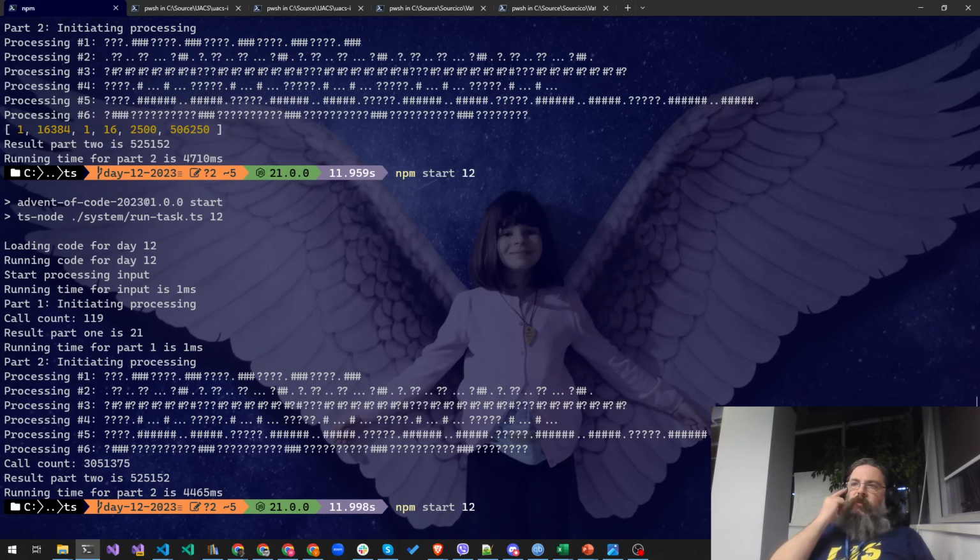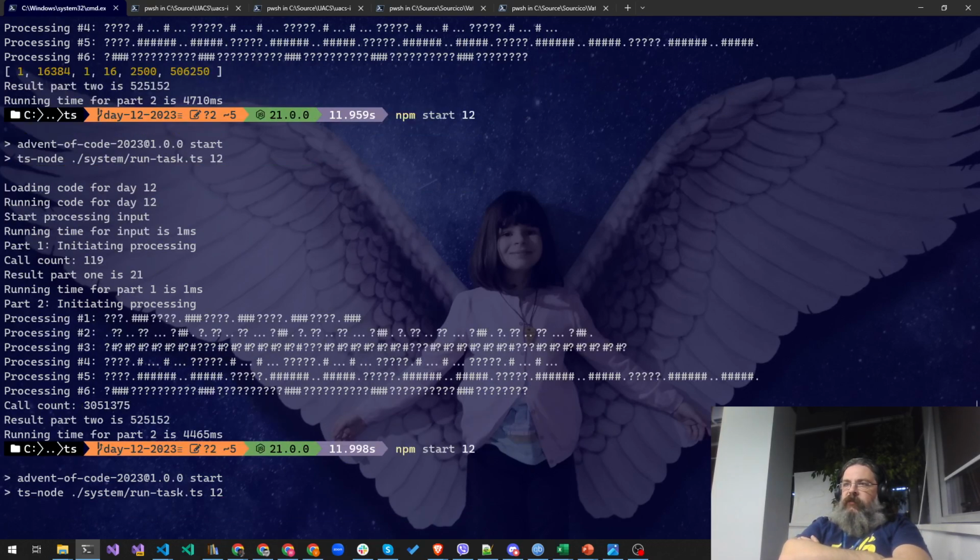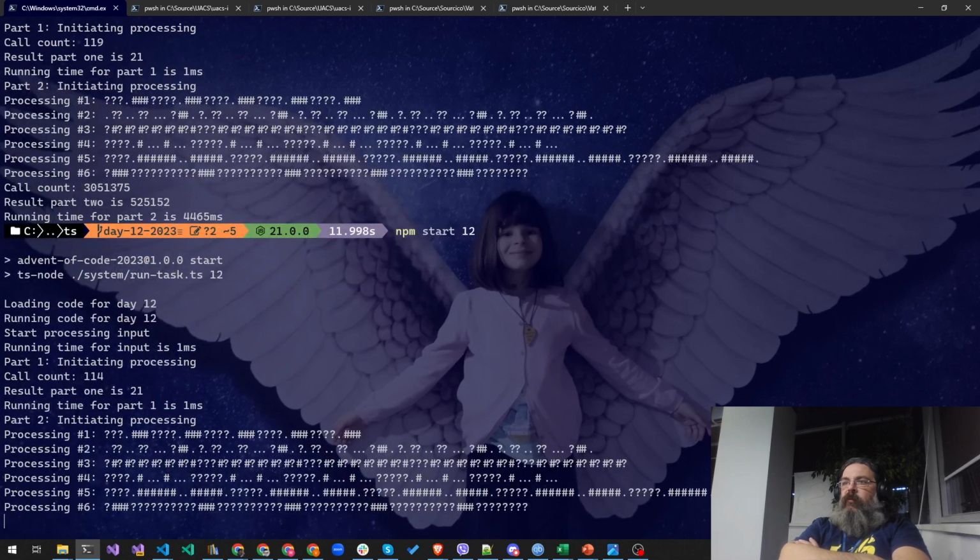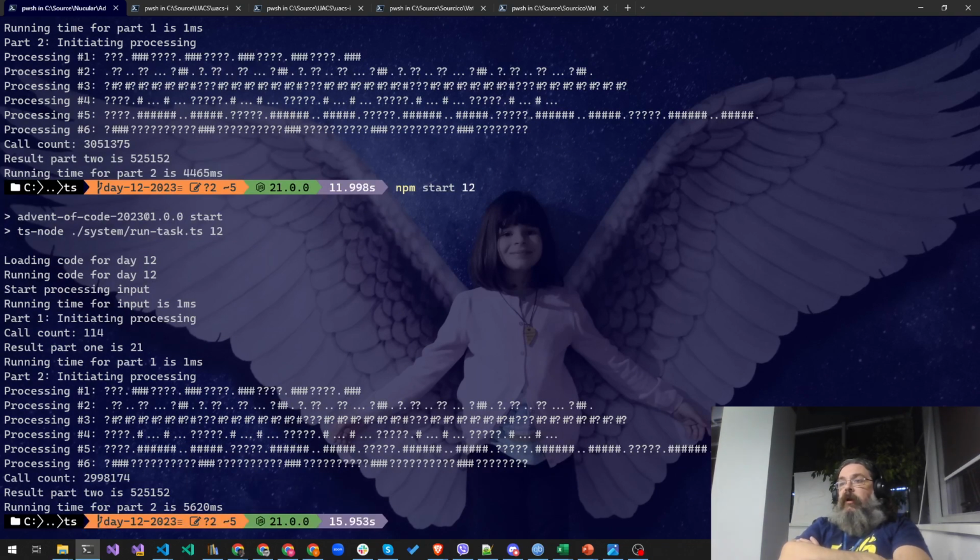We want it to be a bit less. So 119 and 3051. And we moved it down to 114 and less than 3 million. So we avoided 50,000 calls, which sounds like a lot, but it's actually